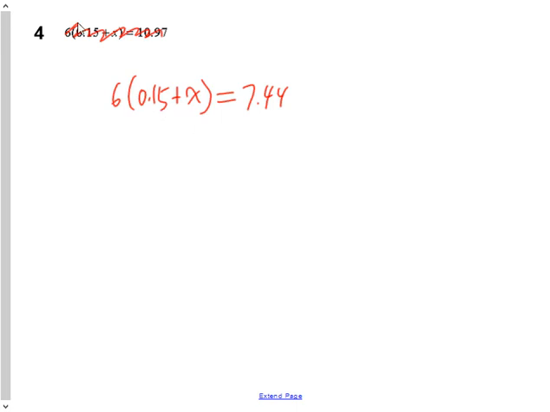Just a quick survey. How many divided both sides by 6? How many expanded using distributive property? So we have the majority of people dividing both sides by 6. So I will divide both sides by 6. And instead of having 6 groups of 15 cents plus a mystery number, I'm going to have 1 group of 15 cents, plus another little bit of money, is equal to whatever 7.44